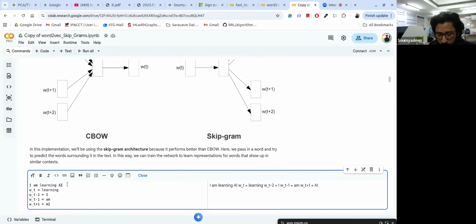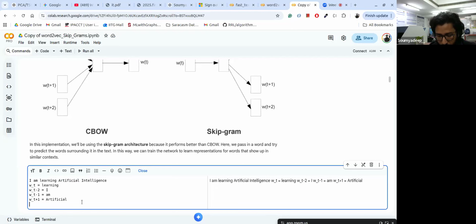And just to make it even, maybe I can add artificial intelligence, right? So this would be artificial. Right. So the idea is